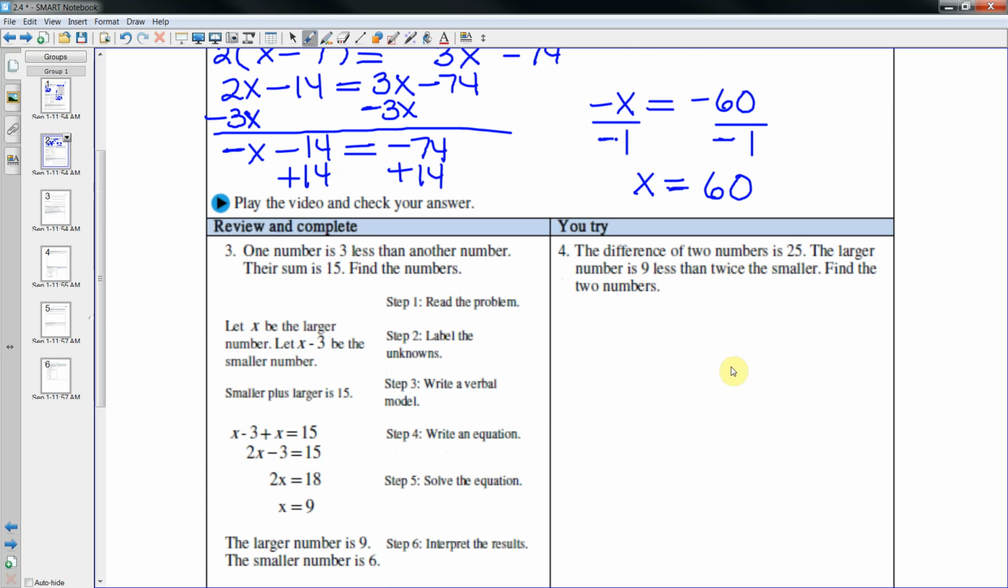Okay, they're going to get a little bit trickier. So, the difference of two numbers is 25. So it gives me some information there. This one is a little bit longer, not just one sentence. We're going to need to read it all the way through first. The larger number is 9 less than twice the smaller. Find the two numbers. So I'm going to do some more labels than just the labels that I did on